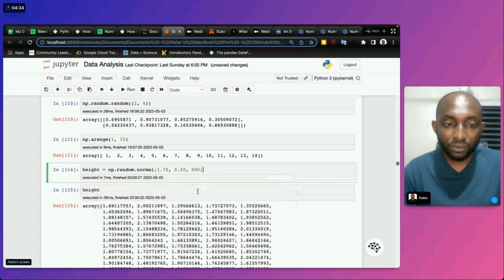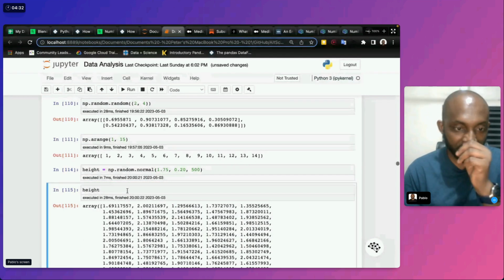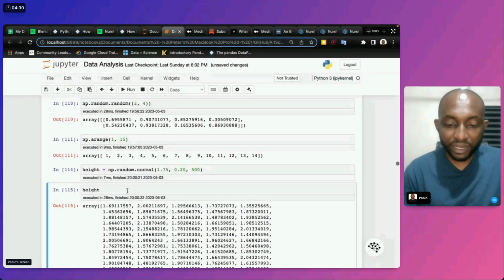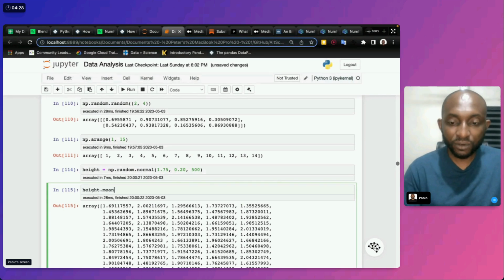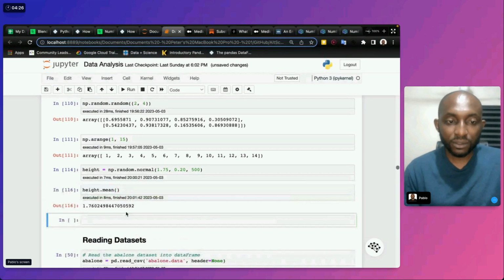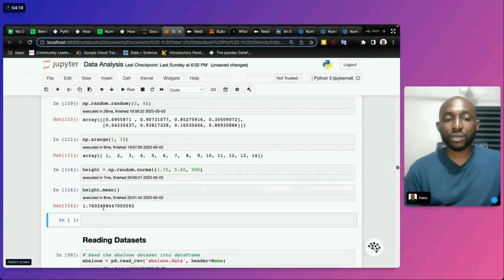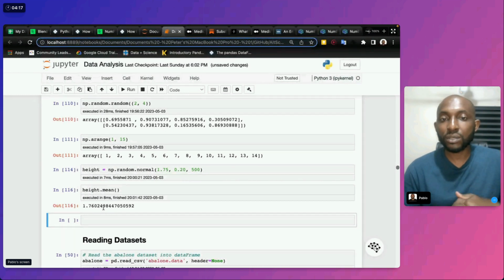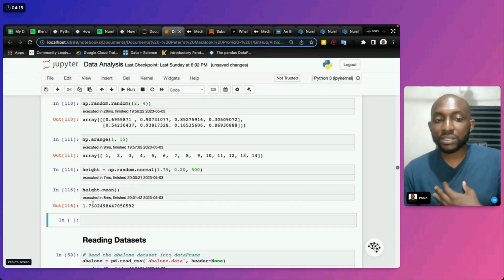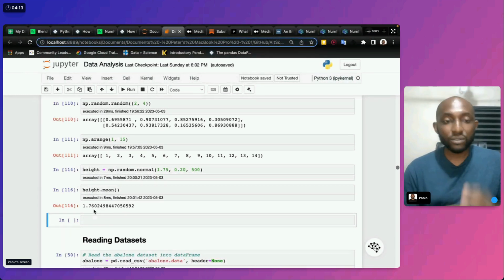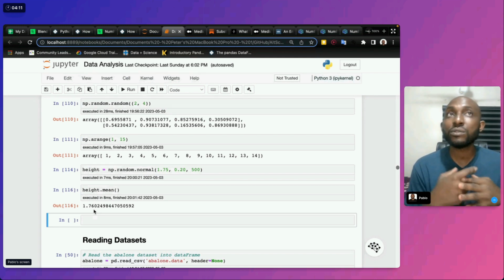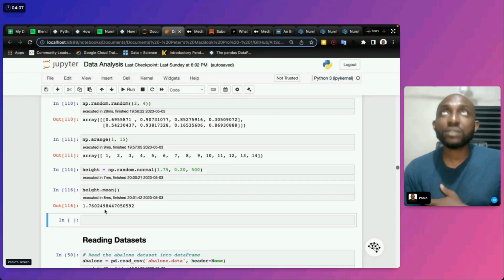If you're trying to find the mean of the height here, you see 1.76. Very cool stuff when you use NumPy. You can use NumPy to generate data, and you can do a lot of things with it.